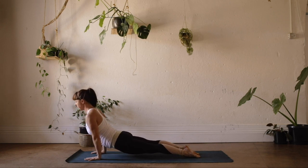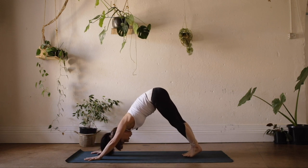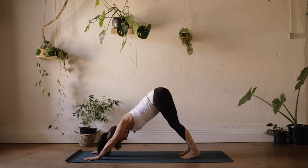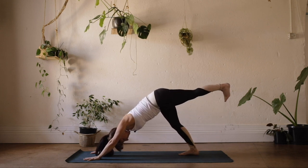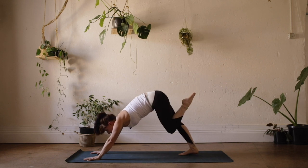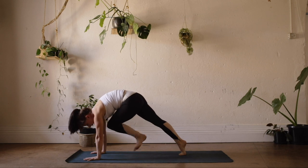Inhale, cobra or up dog. And then exhale, downward facing dog. Take a breath here. And exhale. This time, inhale, lift the left leg up, square hips. Exhale, draw the knee in, round the back, press the ground down away from you, and then place your foot